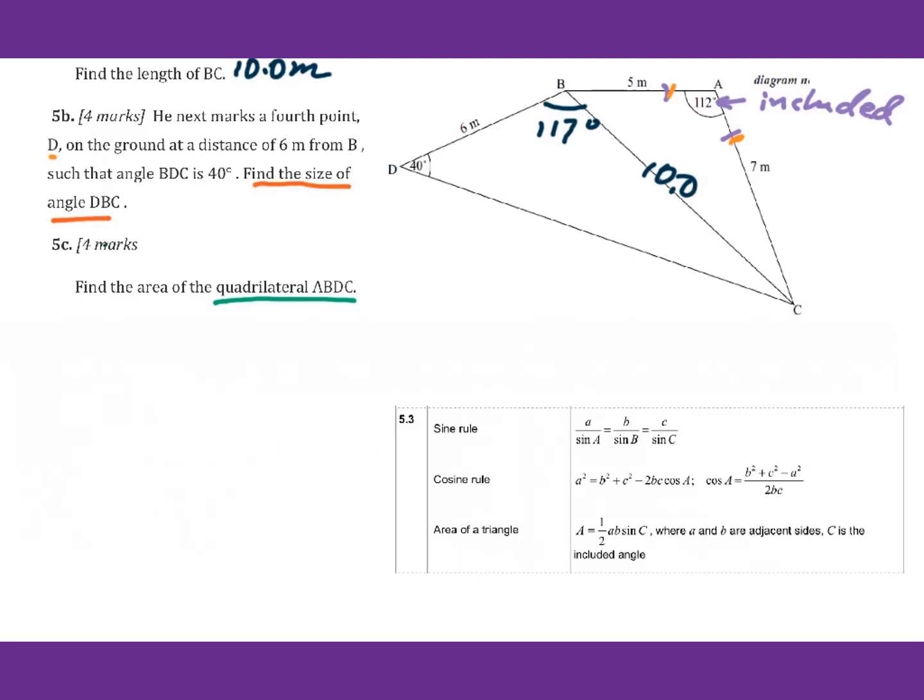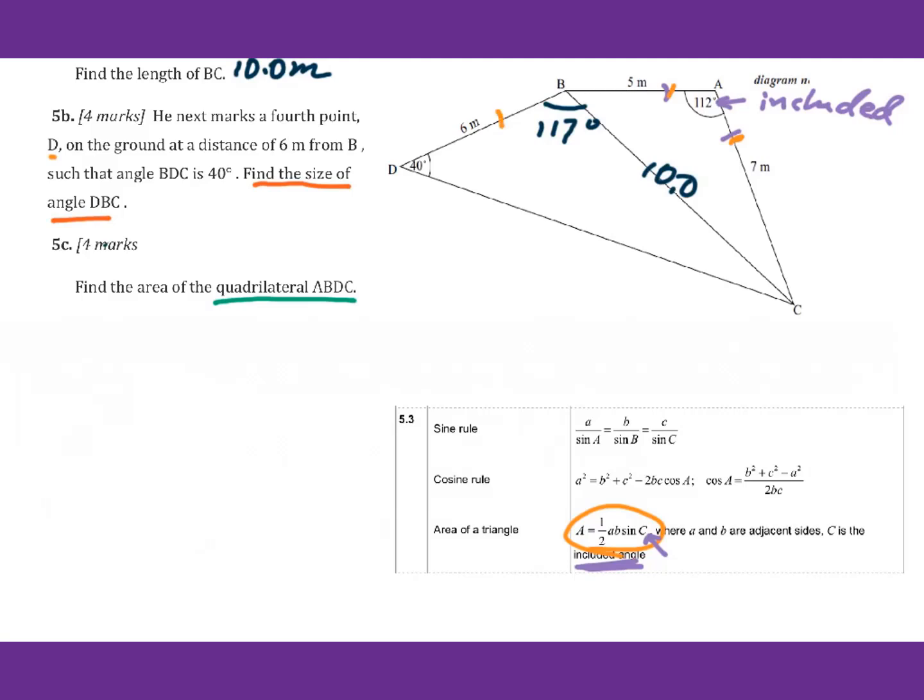For this diagram, we already have the two triangles here, DBC and BAC. We have to use this formula, 1/2 ab sin C. For 1/2 ab sin C, remember this C is the included angle,